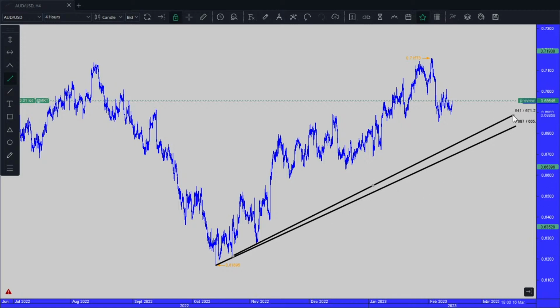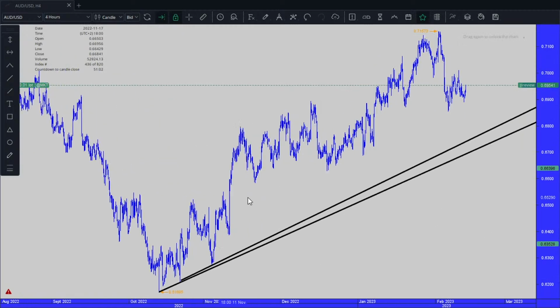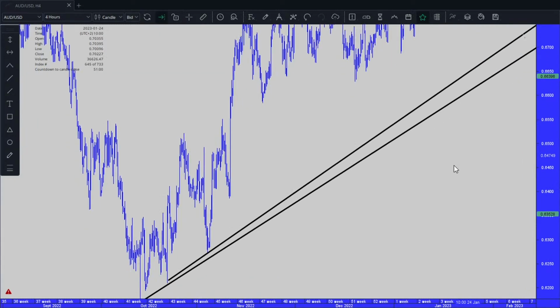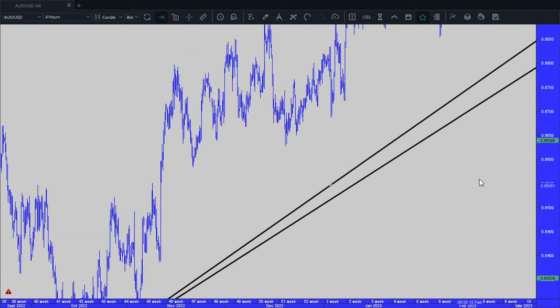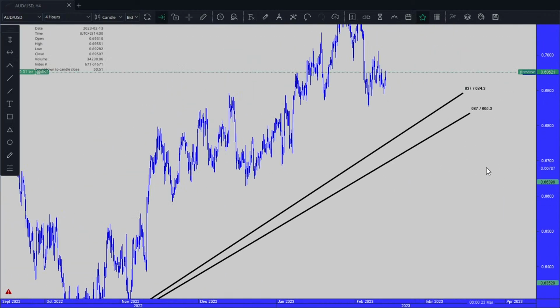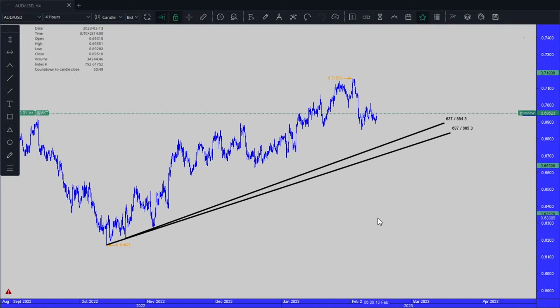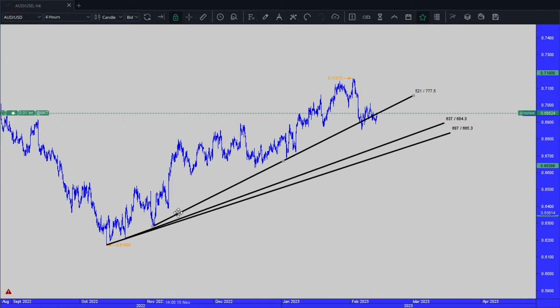This is the next point somewhere, right? We shouldn't break tails or whatever down in here. Maybe better like this. There you go. A little bit more. Okay, AUD-USD 4-hour chart. Give it a second. One more, right? We have the long term, the medium term, higher highs, higher lows until here, and this is the short term.